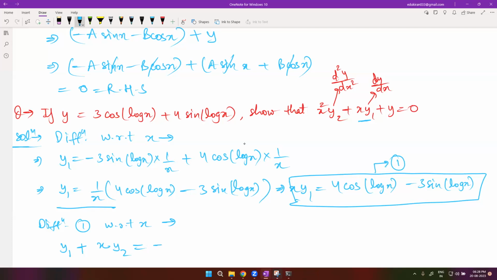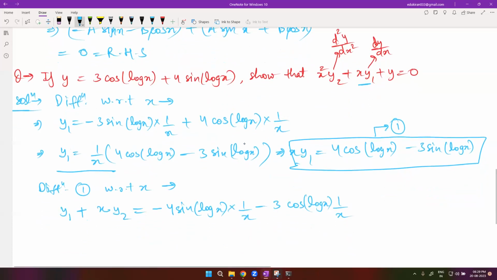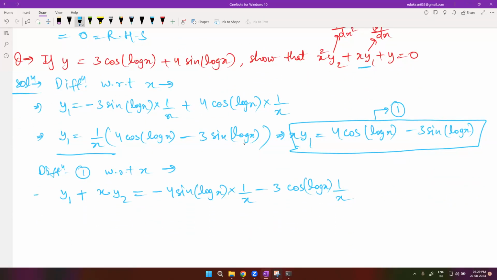4 cos log x will be minus 4 sin log x, right? And then log x. Minus 3 cos log x. And then what? 1 by x. Again, take 1 by x common and take it to left hand side. So it will come in multiplication. So this becomes x y1 plus x square y2 is equals to minus common 4 sin log x